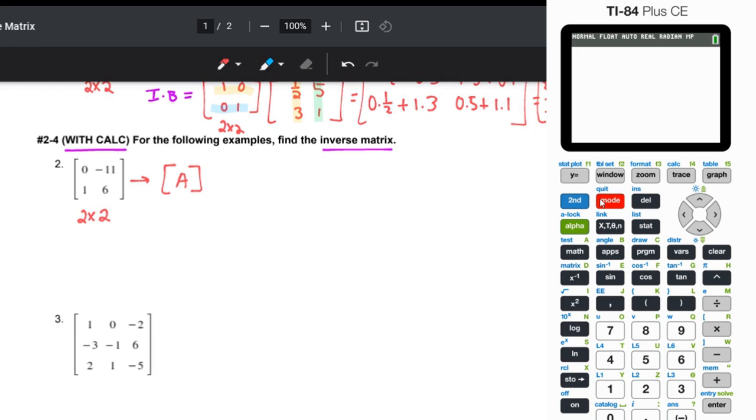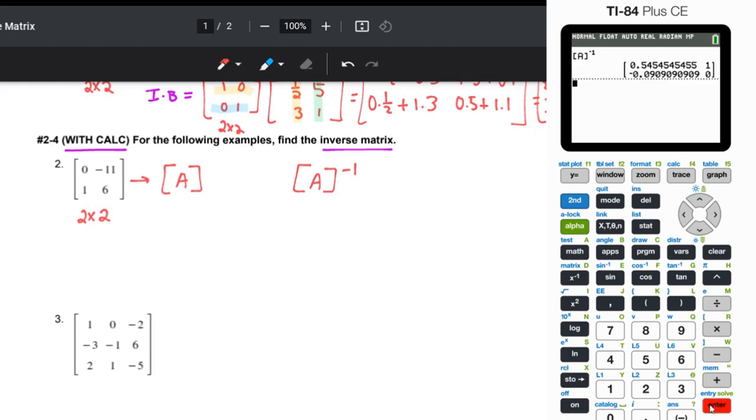So remember, the symbol for inverse matrix is just a little -1. So we essentially just need to type that into our calculator. So we're going to quit, and we're on the main screen. You're going to do second matrix, and under the names column, you're going to choose matrix A. And then there's an x to the -1 key. So that gives us the -1 symbol, and that means inverse matrix. So if I hit enter,